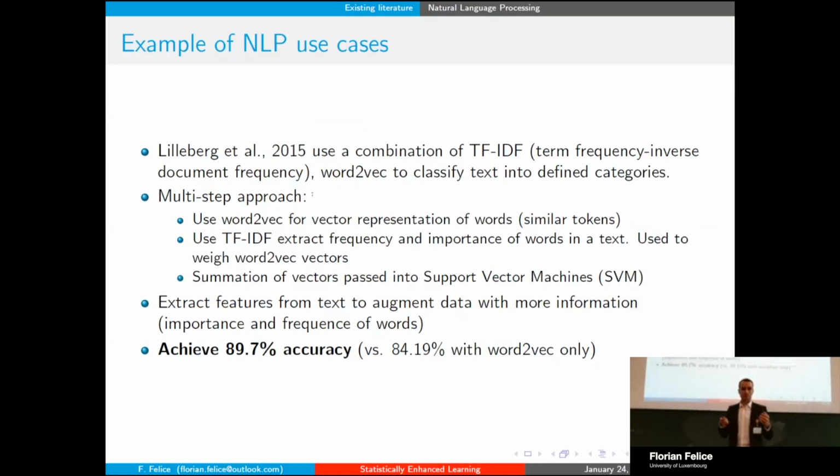You also have word2vec, which is a technique based on neural networks, where you want to represent each of the words within a text still as a vector of similar words. So you can still have a meaning and a representation of the word.